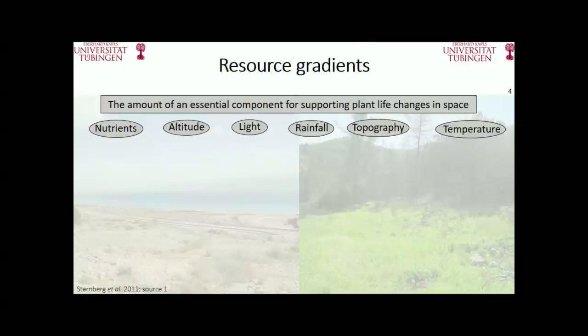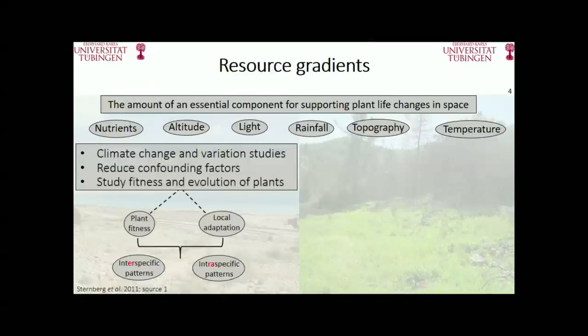So talking about a resource gradient, I've defined it here as the amount of an essential component for supporting plant life changing in space, and I've named just a few here. And resource gradients are an interesting framework to use because they allow us to study climate change and climate variation, because often they reduce confounding factors. So often one element remains constant along the gradient, such as the bedrock. And therefore, as plants are distributed along these gradients, we're really able to study the fitness and the evolution of plants by looking at local adaptation, both at the interspecific level, so between species, and at the intraspecific level, so